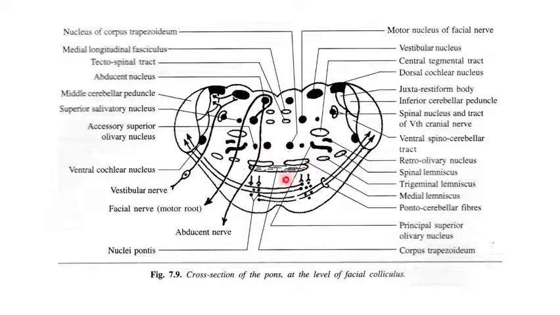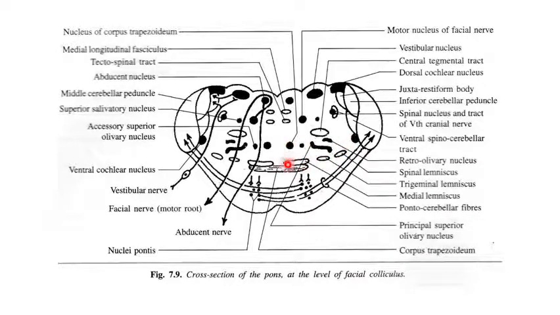Now tegmental part. We'll start with the lemniscal system. You can see here very clearly there is a necklace shaped arrangement of the four lemnisci: medial lemniscus, trigeminal lemniscus, spinal lemniscus, and at a higher level lateral lemniscus will appear here. You can draw four lemnisci at this level also, because these diagrams are already arbitrary diagrams. Anyway, from medial to lateral there is a necklace shape arrangement of the four lemnisci. And what is the arrangement? Medial lemniscus, trigeminal lemniscus, spinal lemniscus, and lateral lemniscus.